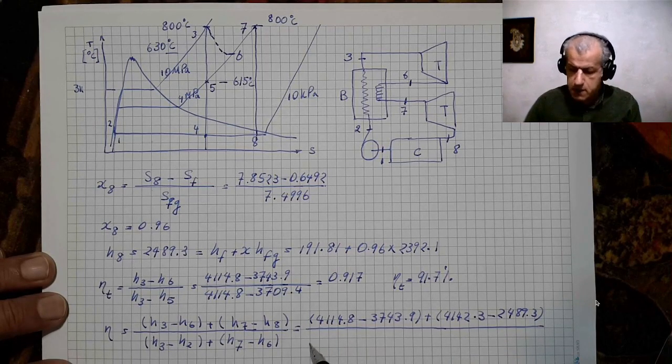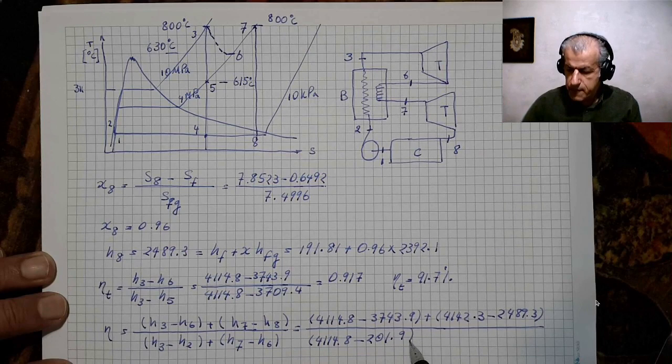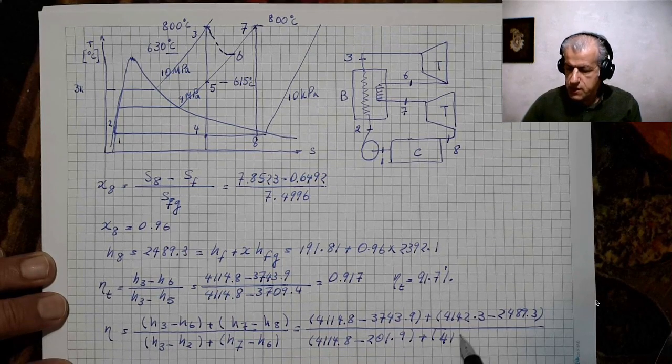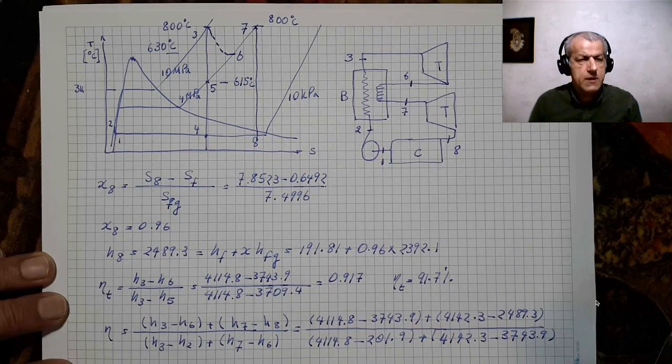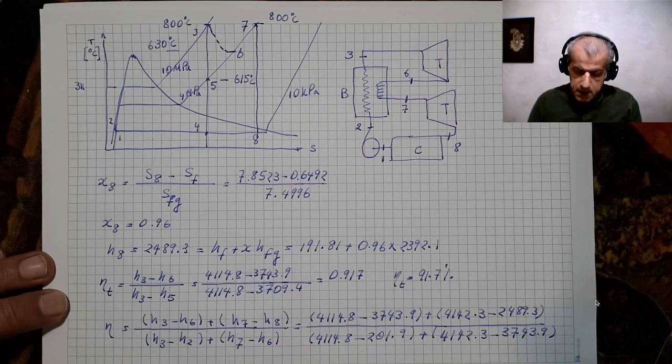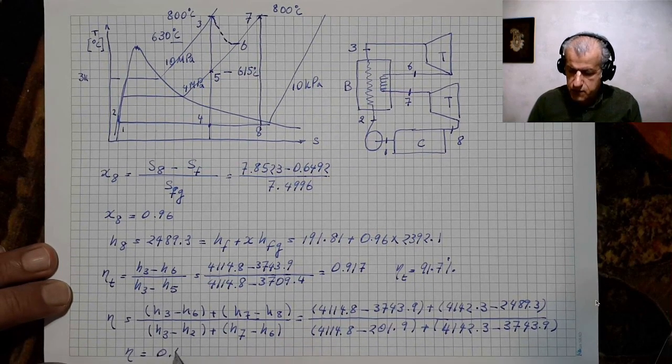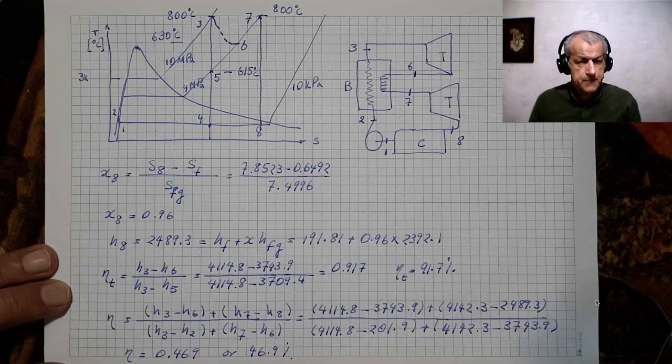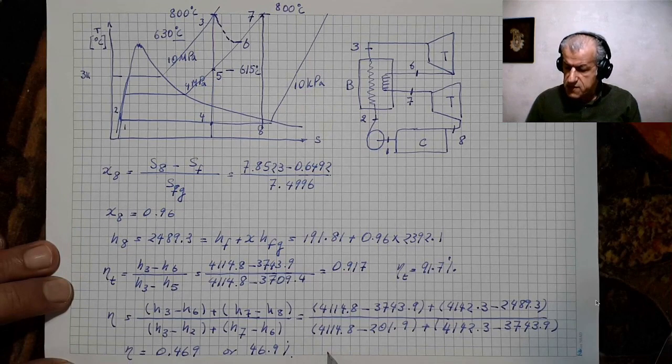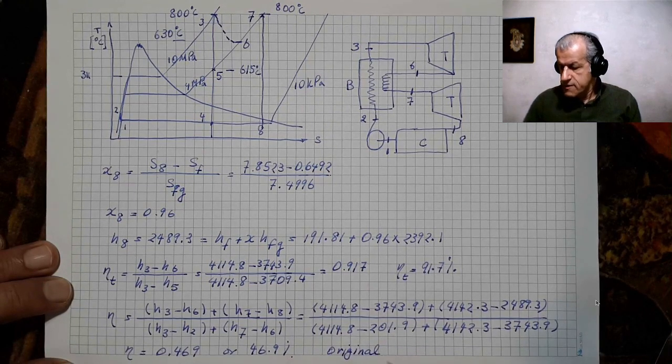and the heat added to the cycle is 4114.8 minus H2, which is 201.9, plus H7, 4142.3 minus 3743.9, and the outcome for the efficiency of the whole cycle is eta equals 0.469 or 46.9%, which is a good value, which is a good addition to the previous original cycle, which is the efficiency of the original cycle